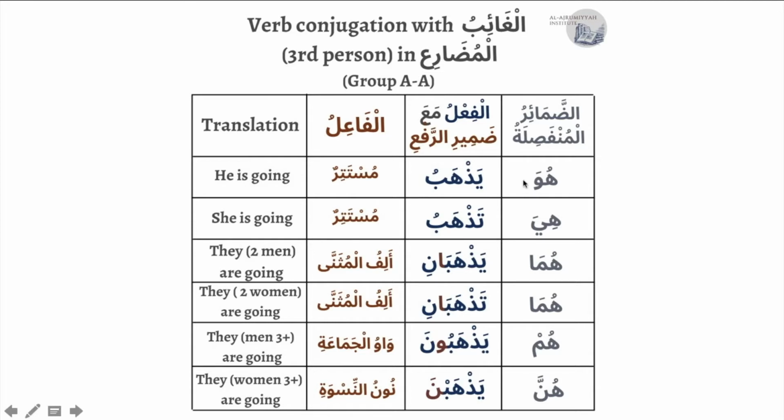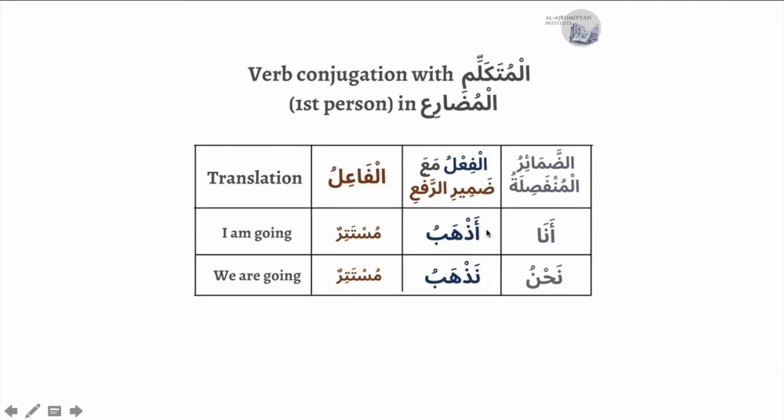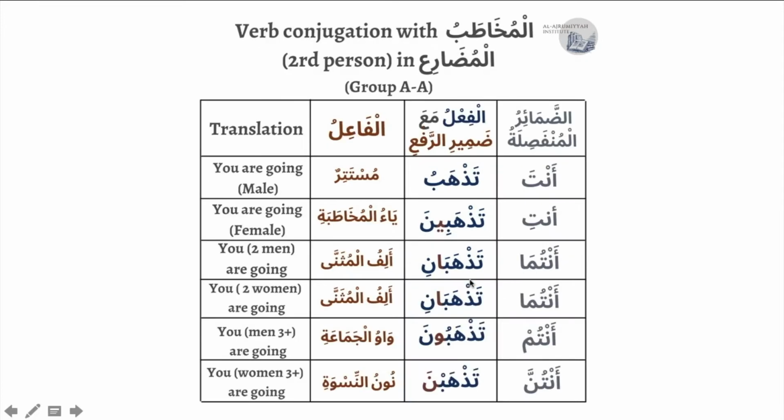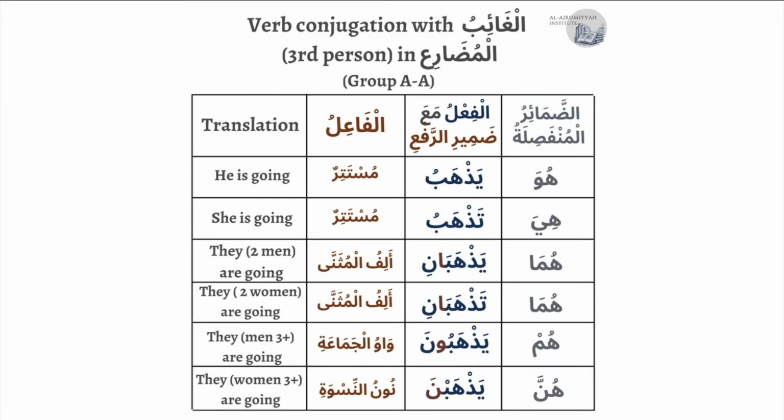So when you conjugate, for example, the verb ذهب, ذهب in the past tense, it means he went. When I put it into the mudara, there are mainly two things that are always going to happen. First, one of the huruf al-mudara is going to be placed at the beginning of it, which is either a ya, or a ta, or a hamza, or a noon. That's the first thing that's going to happen to the original form, which is the past tense, dhahaba. The second thing is that there are going to be some changes to the